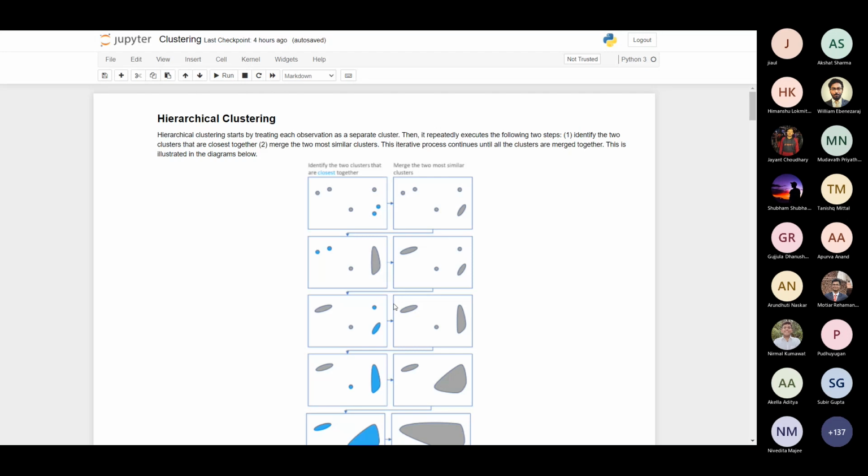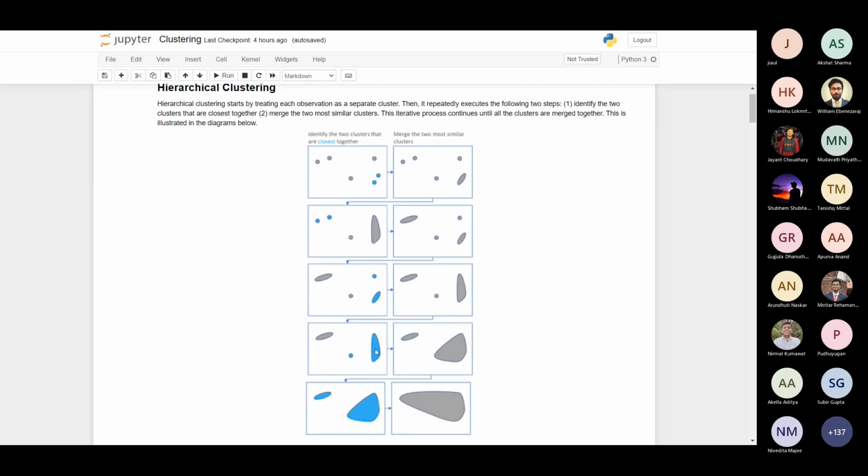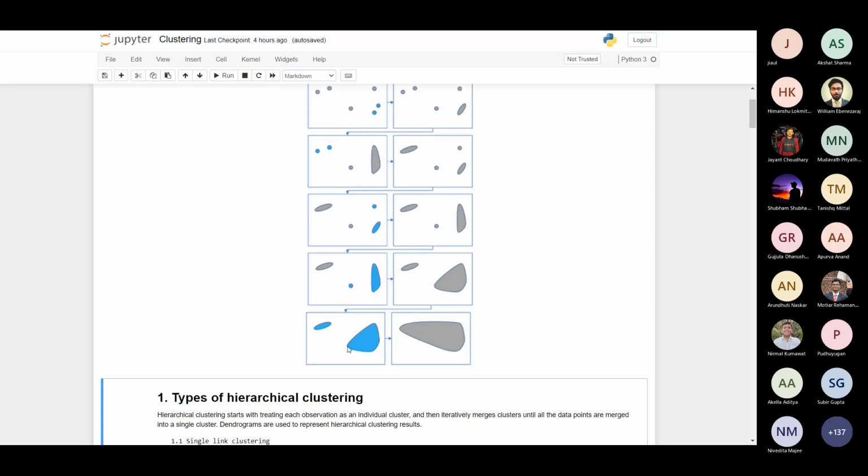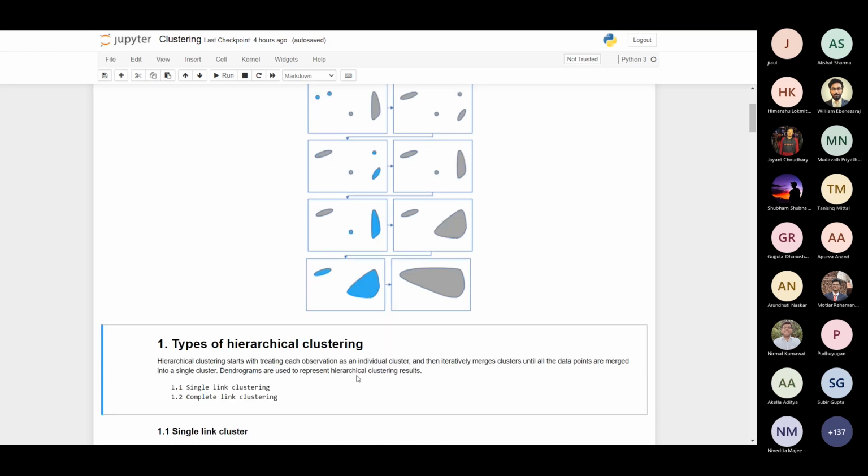After that we take these two clusters and make one cluster. Then we take this point also and make a cluster. And when two clusters remain, we make one cluster from them.